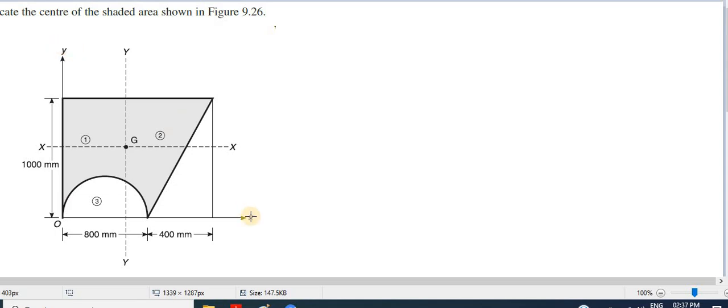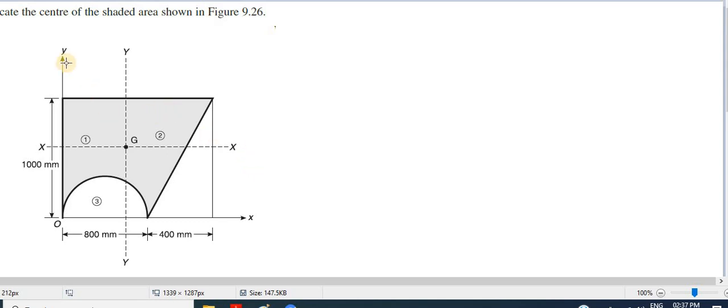Next thing is the second point, symmetry. Cut with the Y-axis, it is not symmetrical with respect to the Y-axis. Cut with the X-axis, it is not symmetrical in this axis either. So X bar and Y bar we need to calculate using a formula. Okay, fine. Third step, how I am going to use the formula.